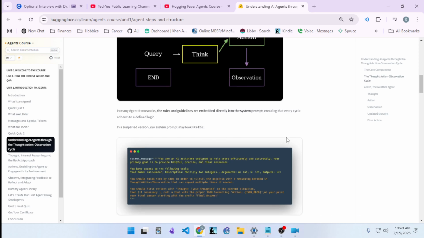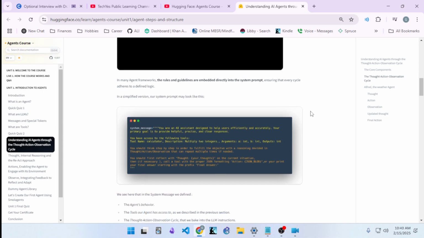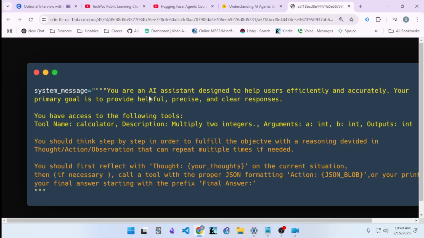In many AI frameworks, the rules and guidelines are embedded directly into the system prompt, ensuring that every cycle adheres to a defined logic. In a simplified version, our system prompt may look like this. System message: you are a helpful AI designed to help users efficiently and accurately. Your primary goal is to provide helpful, precise, and clear responses. You have access to the following tools: tool name calculator, and remember that this can be